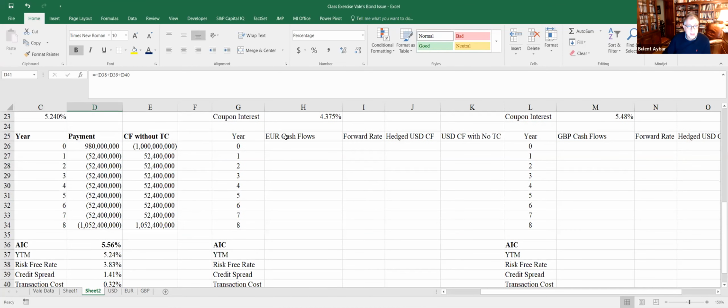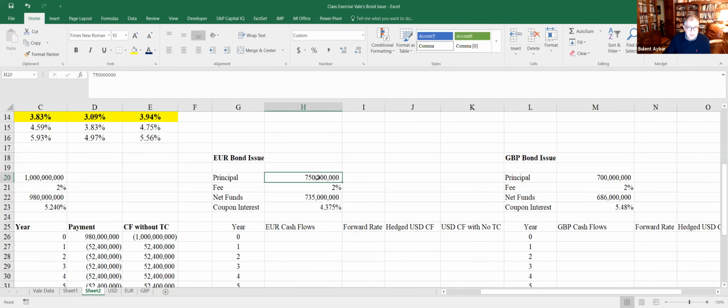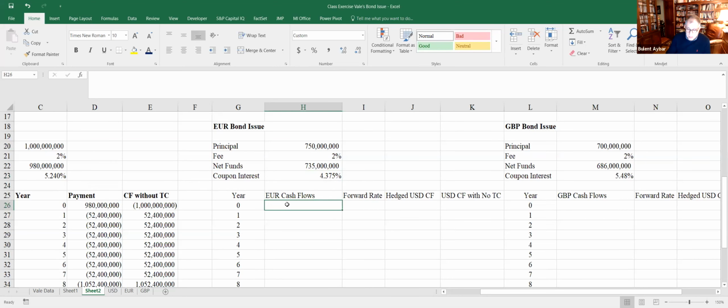So let's try now the same thing for the euro bond. This euro bond again has a face value of 750,000 euros. There's going to be a 2% transaction fee or issuance fee. The net funds cleared by Vale is going to be 735,000 euros, and the coupon interest is 4.375. So if we look at what Vale is going to receive out of this bond issue after paying for the issue cost,